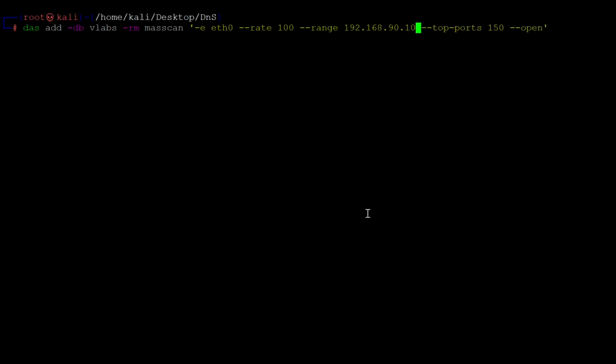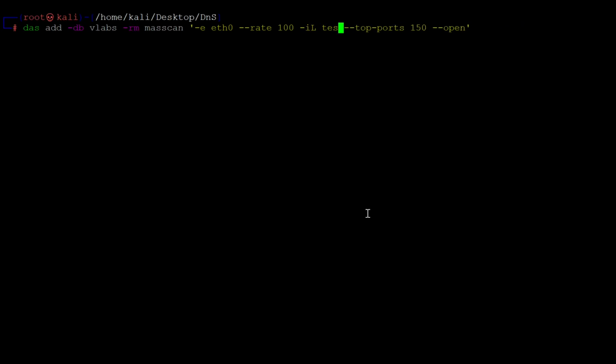If you have a list file, you can use the input list option and put the name of the file, test list.txt or whatever you have. Remember that whatever list you use, the list should have a unique IP address on each line. Don't specify any range there, like 110 to 115 or 110 to 140. It will throw an error and exit. So if you want to specify a range, use the previous range option.